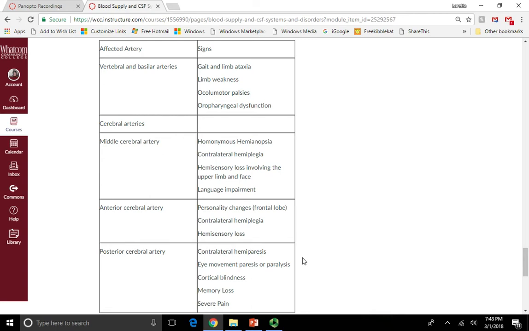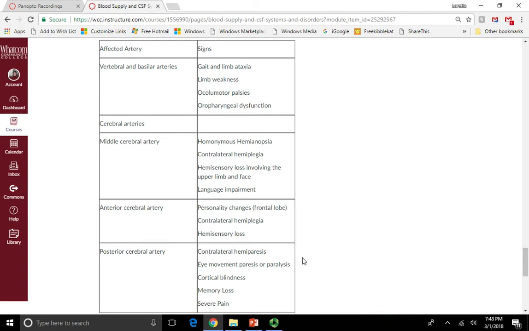If I said it included personality changes, that affects the frontal lobe, it is the anterior cerebral artery. We still have the contralateral hemiplegia and the hemisensory loss, but those personality changes are a hallmark symptom for anterior cerebral artery stroke. With a posterior cerebral artery, we have contralateral hemiparesis